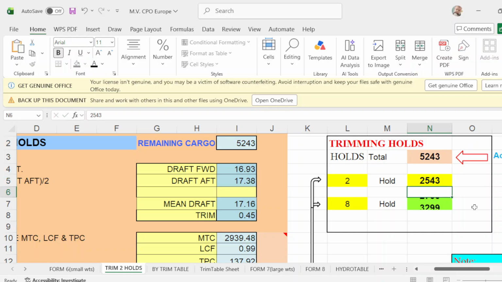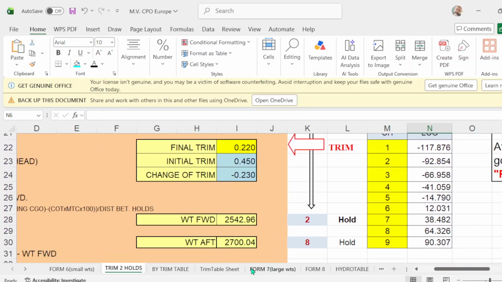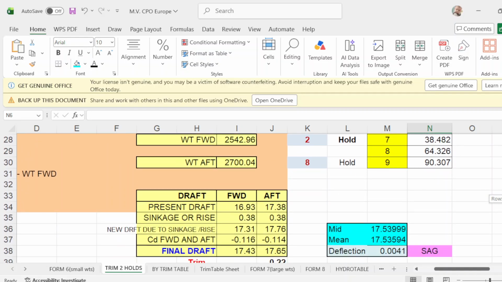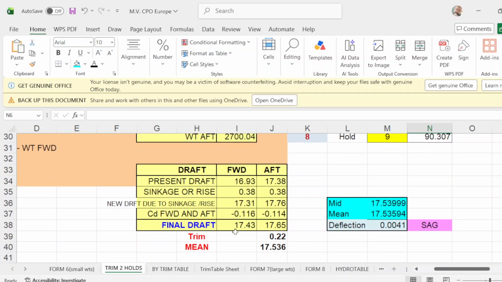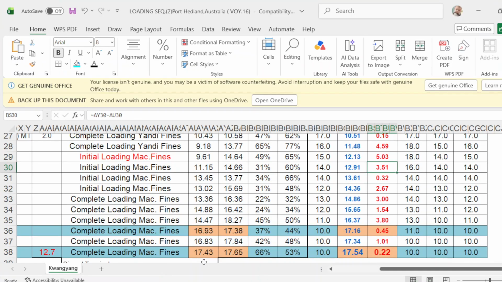And 8 will be 2700. Your departure drop forward is 1743, up is 1765, 22 centimeters trim, and 17.54. You have 0 deflection. Deflection is 1743, 1765, 1754, and 22. Okay.